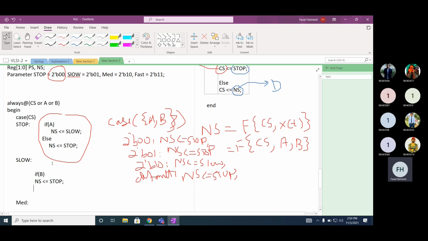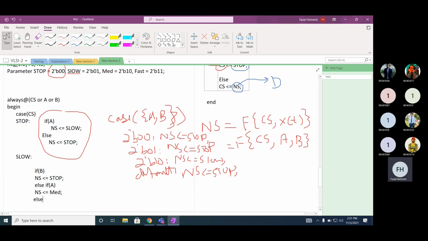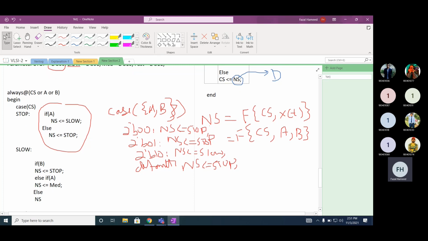Now if you use else if A, it means now the brake is 0. What is your next state? Medium. Else, next state is stop.